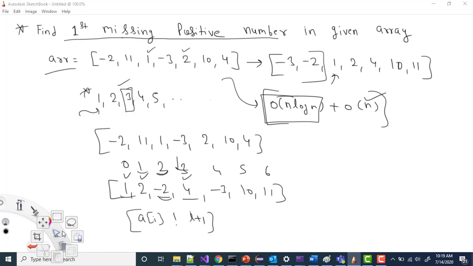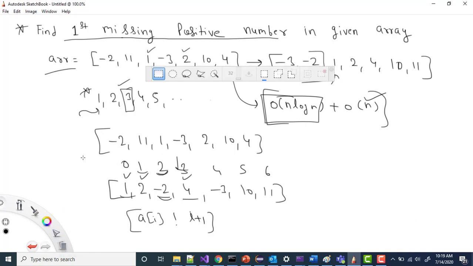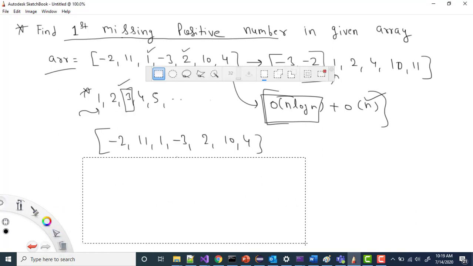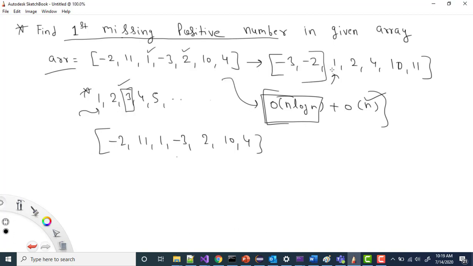So let me write this again so that we can start here. Let me remove this one and let's start one by one. So this is my actual array, right? So what will be the condition? Basically I will iterate from the 0th element to the n minus 1 element, where n is the number of elements, so I'll iterate over all the values. Now here I need to check the condition, right?